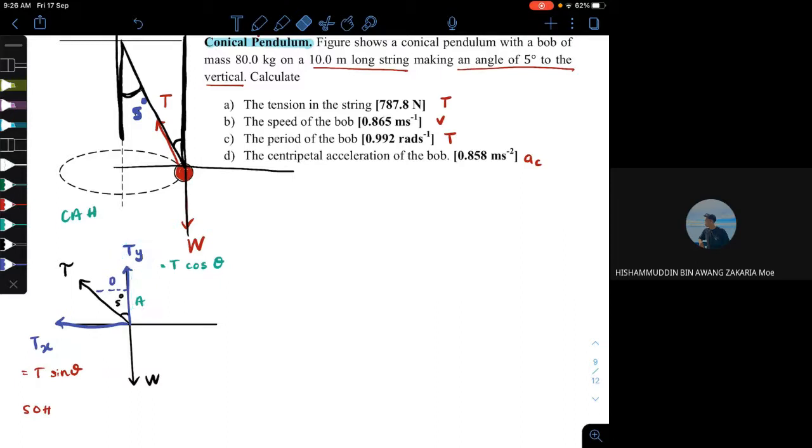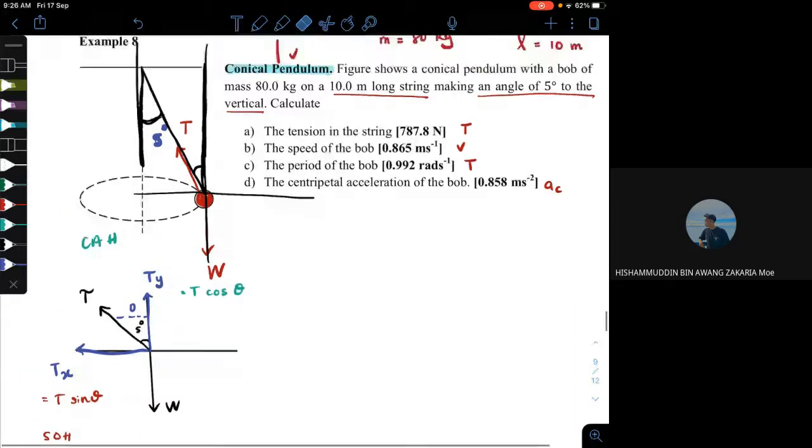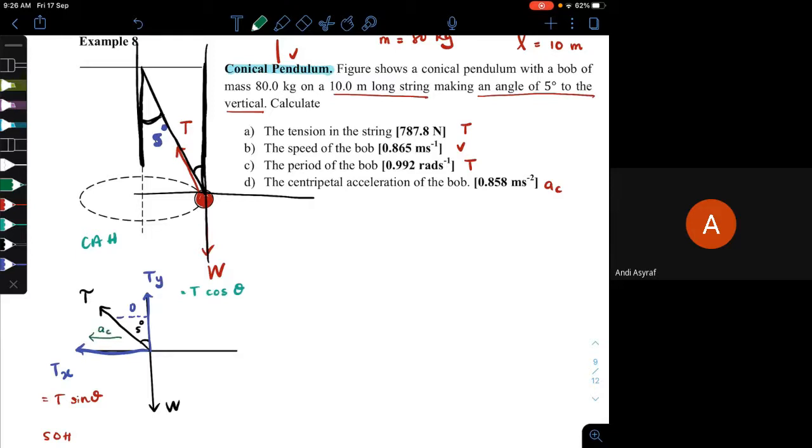Ke kanan, ke kiri, ke atas, ke bawah. Kiri. Okay, very good, X. Okay, good. The X dan ke kiri sebab this is our ball. So this is our AC lah. So bila kita lukis ke sana, okay. So ke sana, this is our AC. Okay, AC, right? Okay. So obviously kamu nampak kat sini kan, kita akan fokuskan dekat X